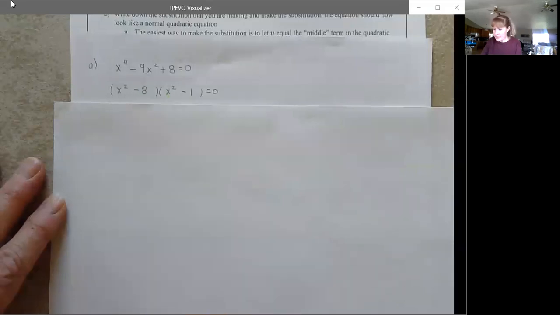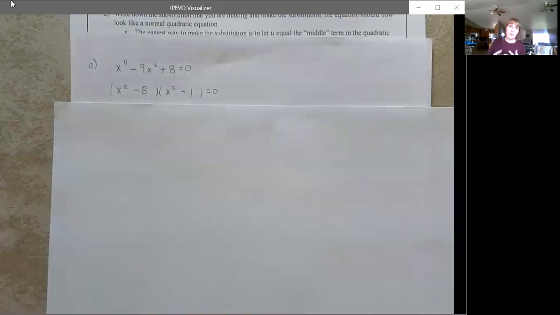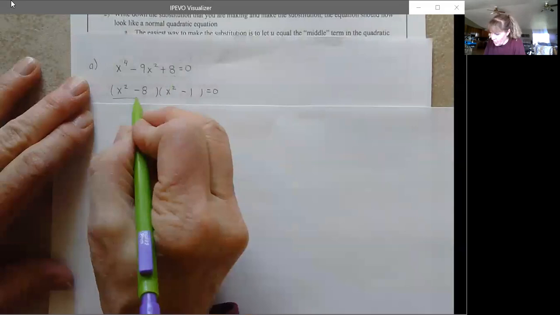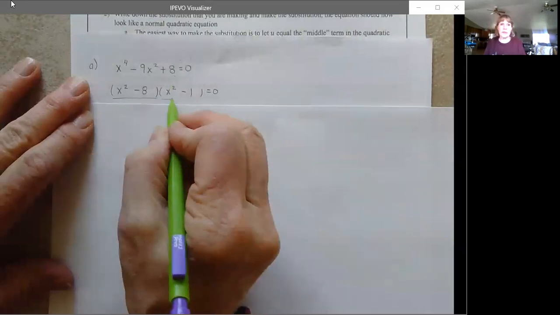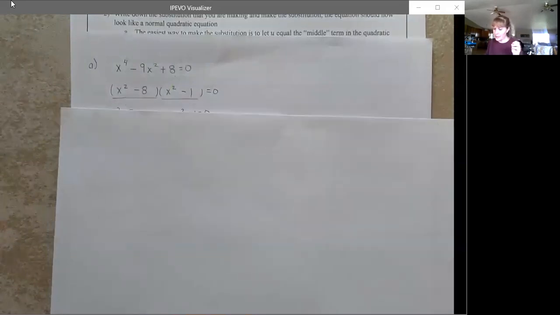And the last times the last gives you 8. So then once it's factored like this, we know using the zero product property that one of these numbers, either this number here has to be 0 or that number has to be 0. So we set both of those equal to 0, which means